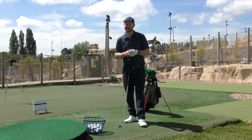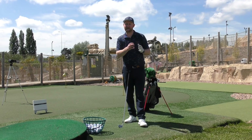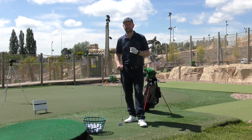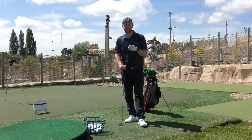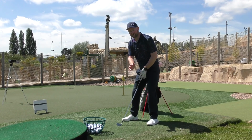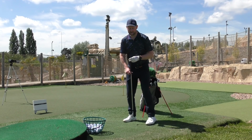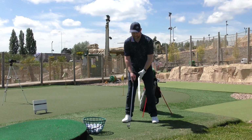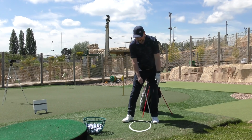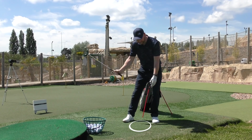One of the big problems that I would imagine a lot of you face is that we get fat shots, we get thin shots, we get top shots, and we get all array. Now and again we get that miracle one out of the middle, but we're really struggling to control where the club is meeting the ground. That is because we're shifting our weight too much from side to side. We need to try and keep the sternum on top of the golf ball when hitting an iron and moving slightly in front, like this, so I'm able to control where that club is brushing the same